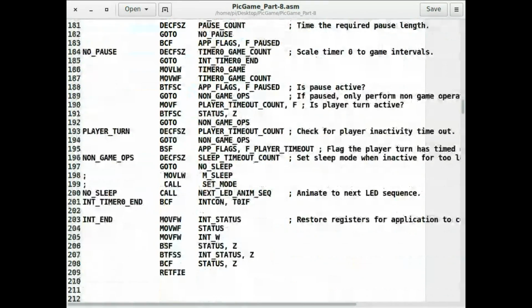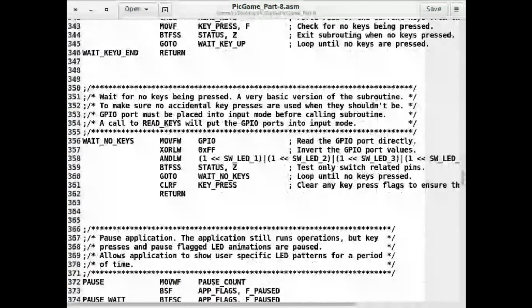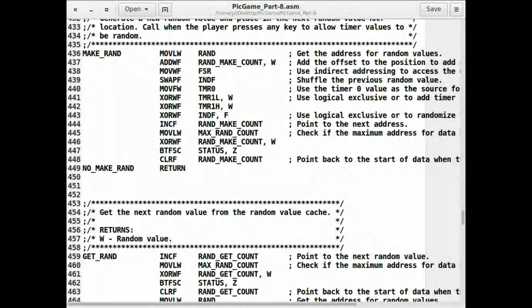So coming on to the two functions, which are probably near the bottom of the code, I think. The first function, make rand, like I say, every 1/10 of a second this will get called. It moves the address of the random cache of numbers into the W register, and it adds the offset that we're currently into the cache of random numbers where we want to generate the value, and it loads that address into the indirect addressing register